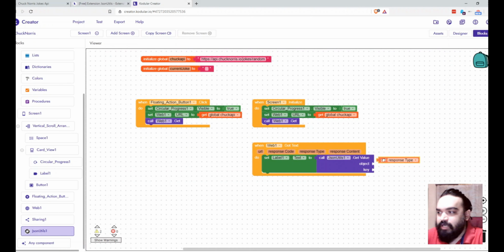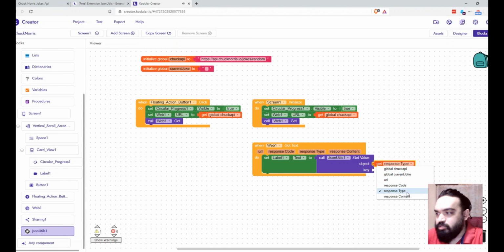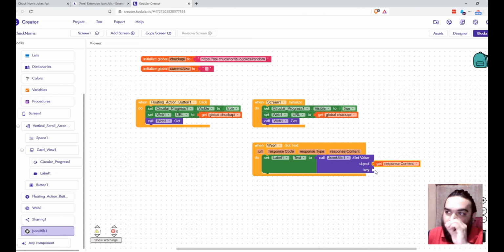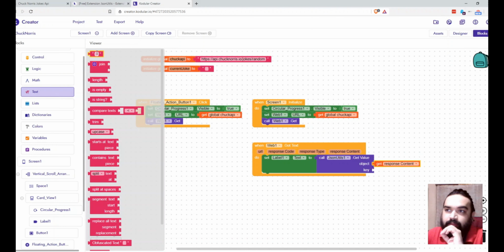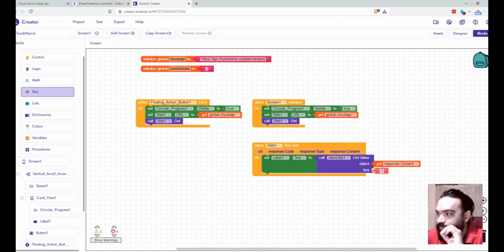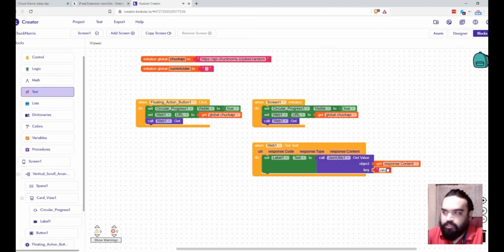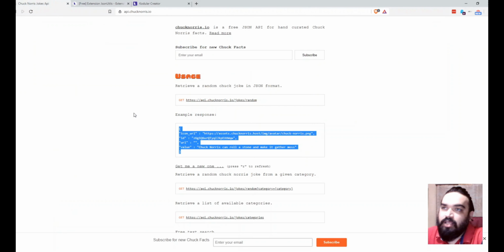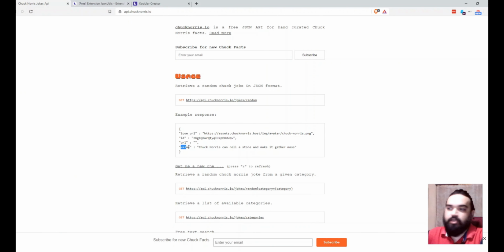So what we'll do is get the response content, and then the key is the string called value. So for string we go to the text block here and then pull this and add it here and insert value, because value is the one in which the joke resides here, right here.